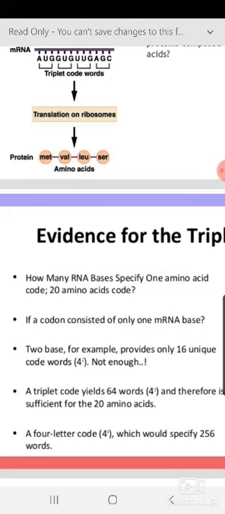There are 4 different nucleotides present in the mRNA sequence. Now, if we correspond 1 base to 1 amino acid, that means 4 to the power 1, only 4 amino acids can be recognized. Now, taking 2 bases at a time, 4 squared, we can get a maximum of 16 unique code words, but that is also not enough. Our amino acids are 20.